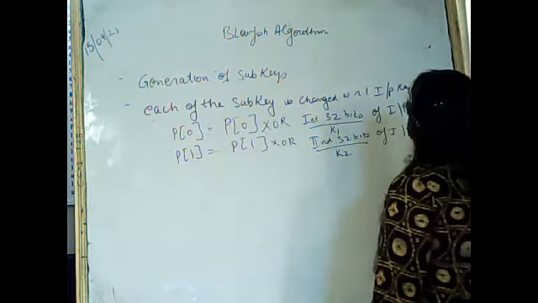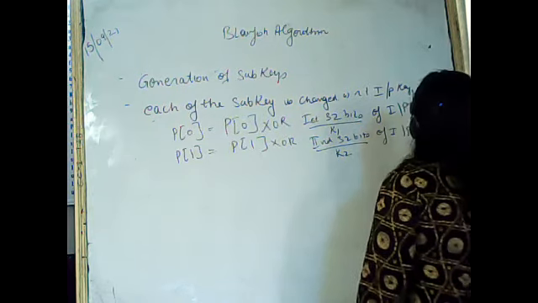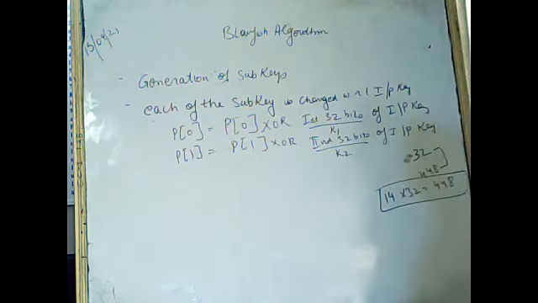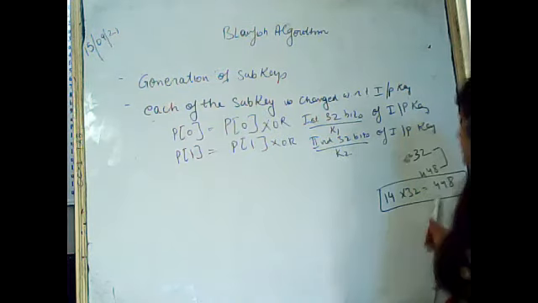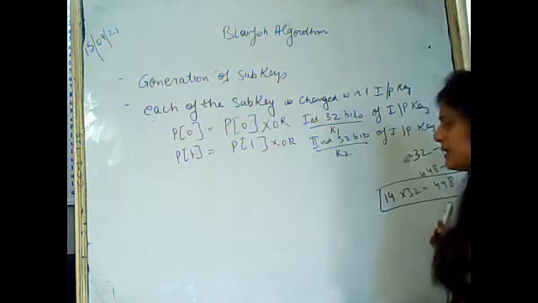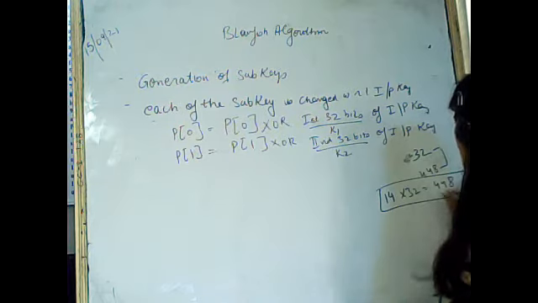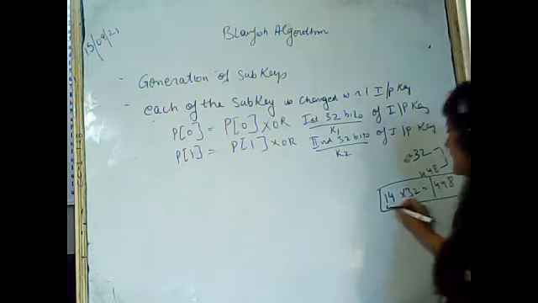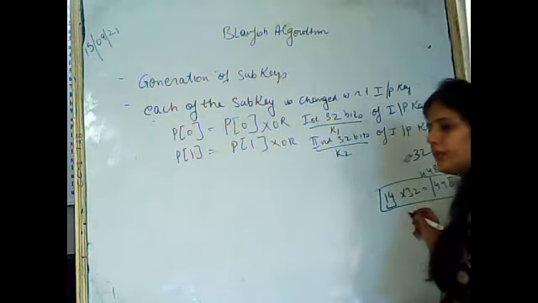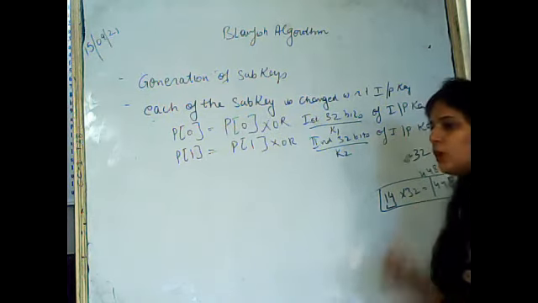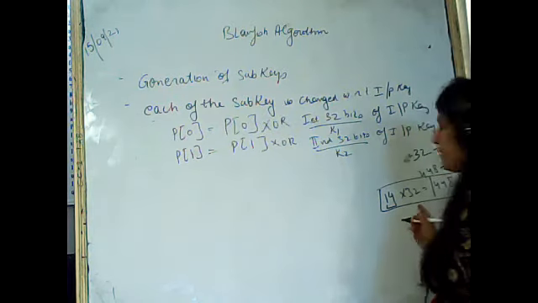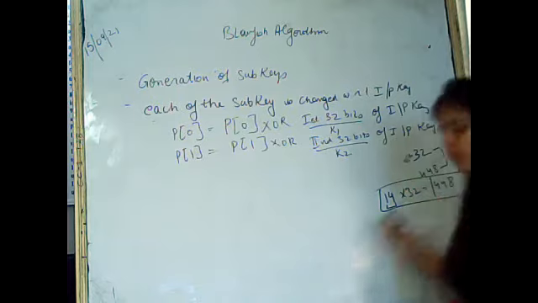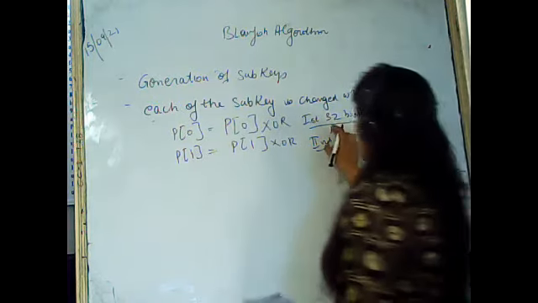So that is 14 into 32. What will be your answer? That is 448. 14 into 32 means the highest size is 448. So that means you can have 14 subkeys of 32 bit each, and that will represent your maximum size of 448. So here you can see that